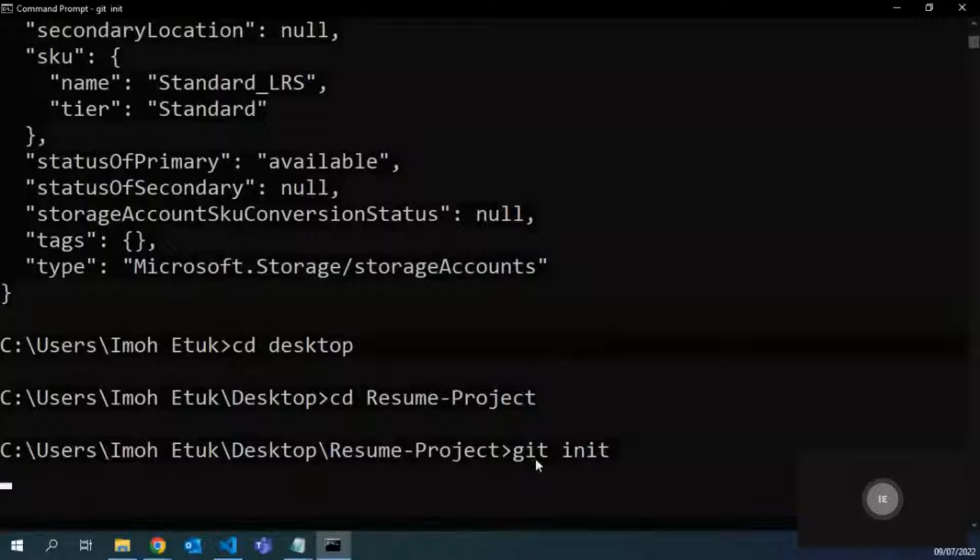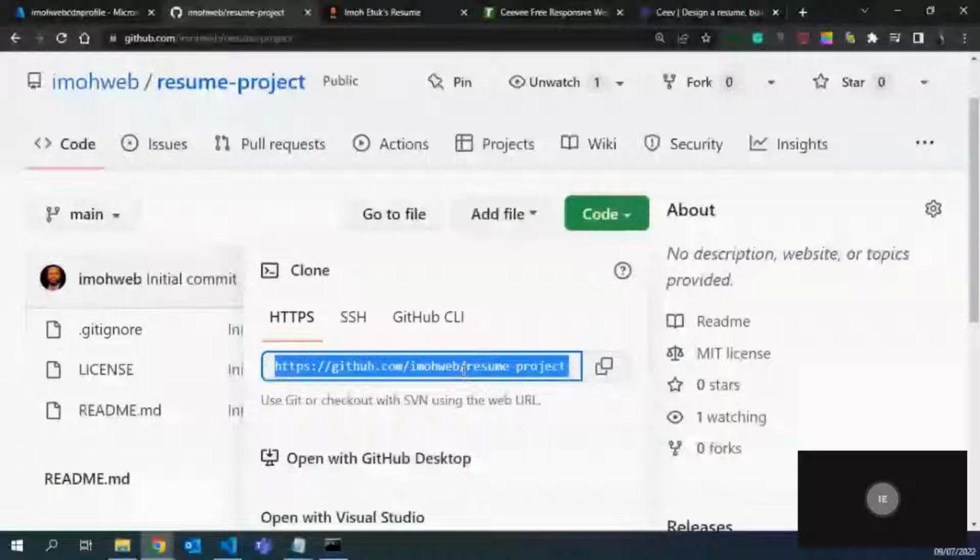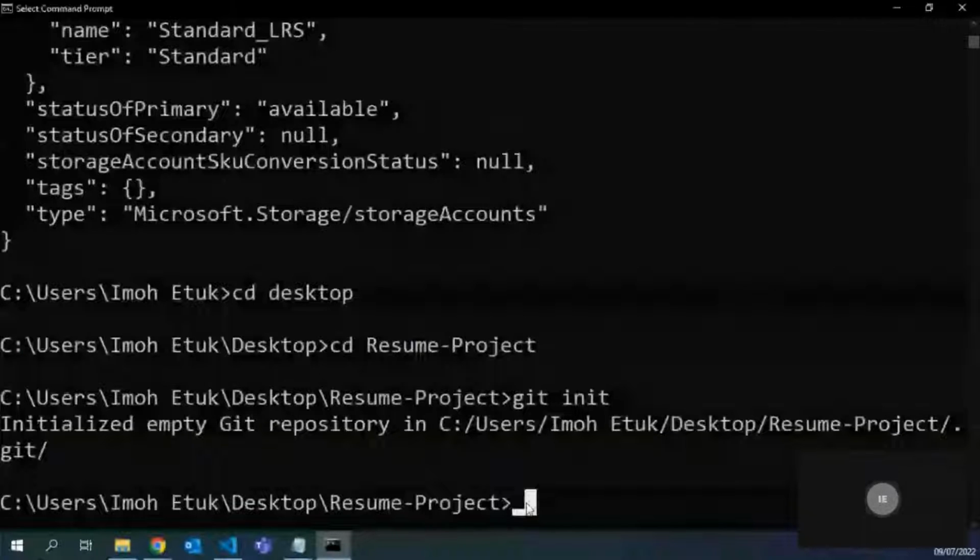When that time comes, I'm not going to clone this one for now. So I have my own in this particular folder. I have my own project right in there. So if you go back to the desktop, my project files are there. So you are expected to download the